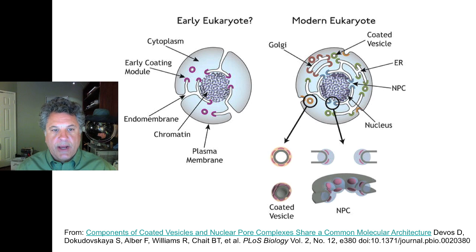So some recent molecular evidence points to the origin of the double membrane system of a modern eukaryote, the double membrane enclosing the nucleus. It points to an origin that involves an invagination and curving of the plasma membrane in an early endomembrane system in an early eukaryote. And this would achieve a greater surface area for diffusion of substances in and out of the cell as eukaryotic cells grew larger than their prokaryotic counterparts.